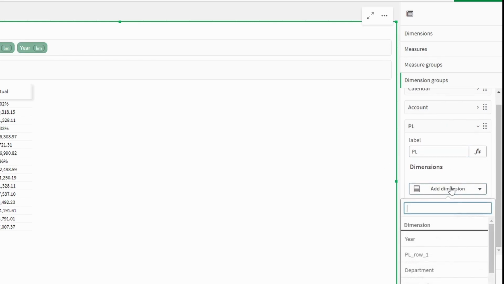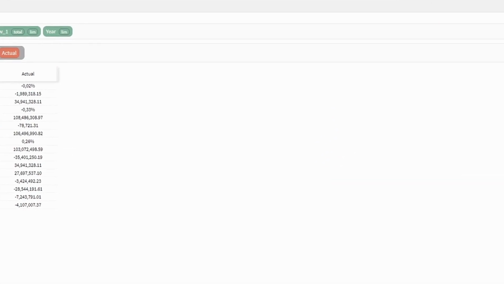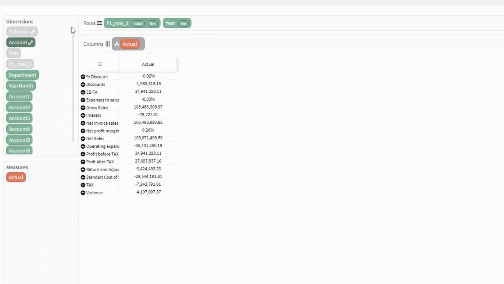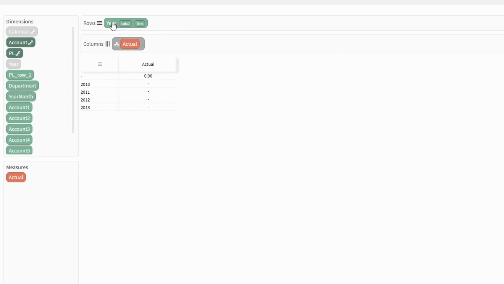And here we can add dimension. The first will be P&L row number 1, and the second will be P&L row number 2. Let's save, and done. Here we have our table, and let's close and delete all the data we added previously